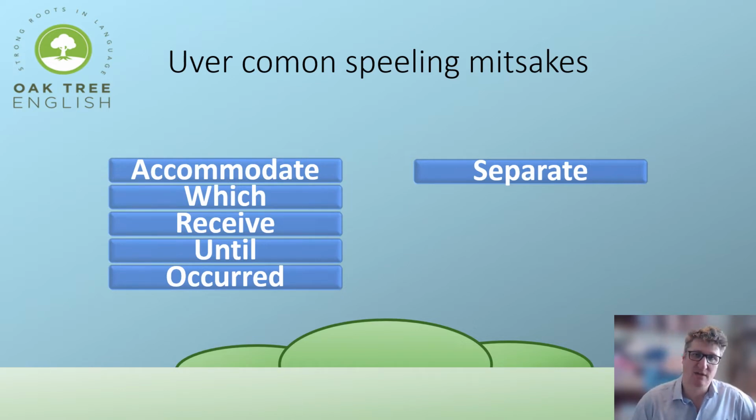Separate, because they're doing it phonetically. They spell it as it sounds. That doesn't always work, particularly in English. Think about the city Worcester, or Leicester, L-E-I-C-E-S-T-E-R. It doesn't work. So phonetic spelling does not work in English because English is a mix of so many